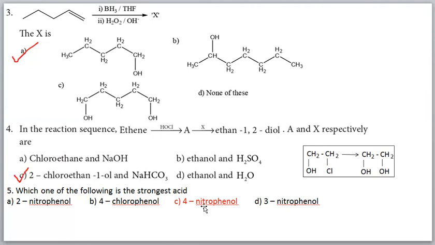Okay. Already we studied the para position. The exact value also, one table is given in our book. Okay. So this effect is maximum at para, and almost nearly to para, which one? Ortho position also. At the meta position, this effect is very less. Okay. So 4 is the correct answer. 4-nitrophenol is the correct option.